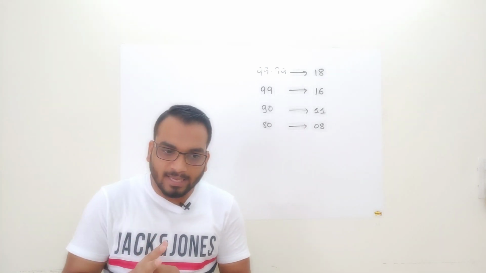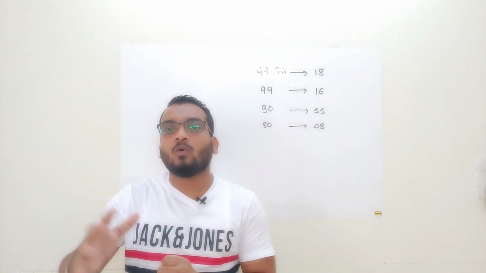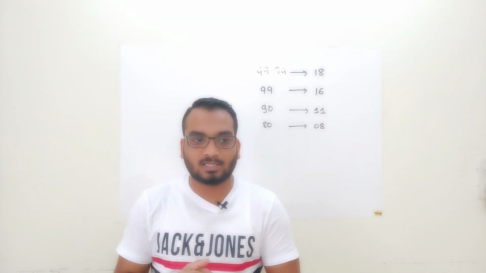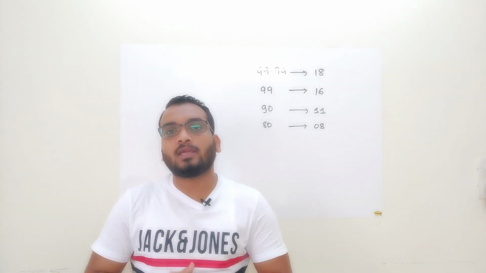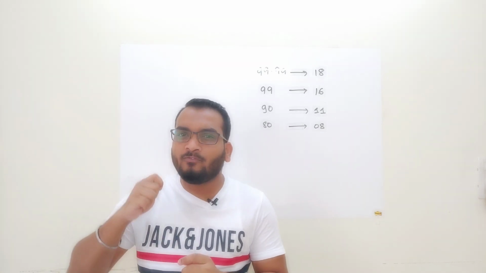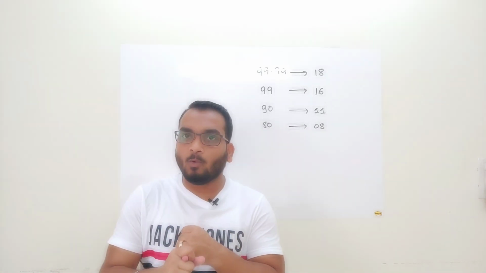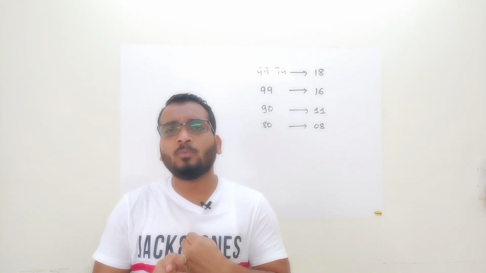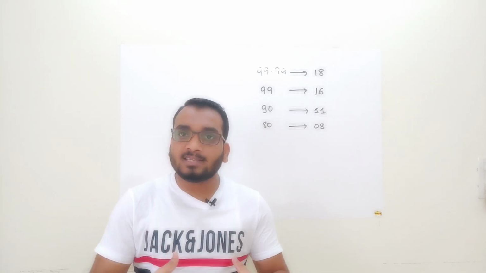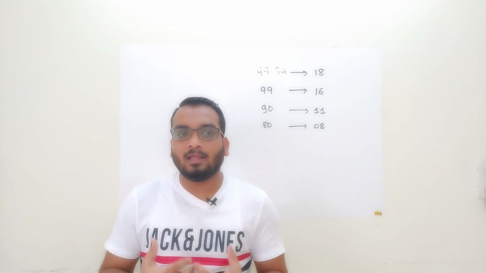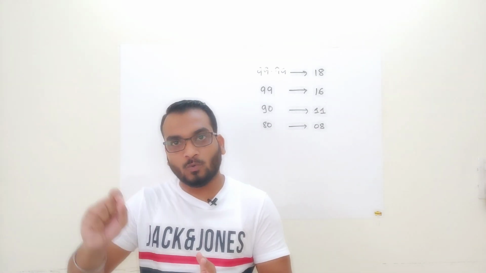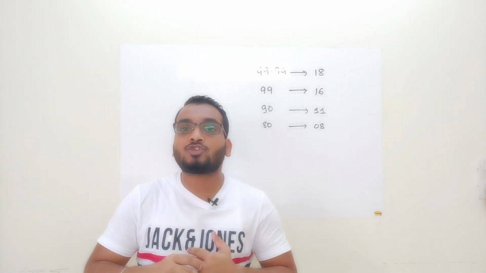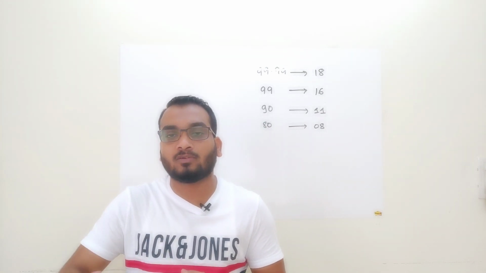Now, the first thing is that do not only go ahead with CAT's DILR as such. First thing, start working on your calculation. You have to be very, very good with your calculation. Number one, you need to be good with approximation. If not, you need to be very good with the unitary method. Now, when I say unitary method, it doesn't mean that you can take 2, 3, 4 minutes to do it by the unitary method. I mean to say that you should have that speed while you do the calculation.